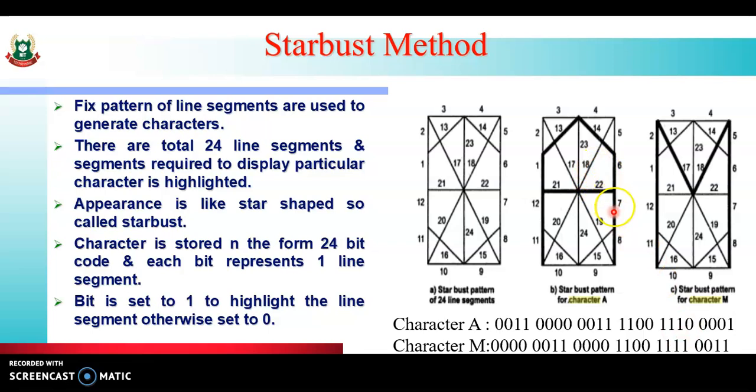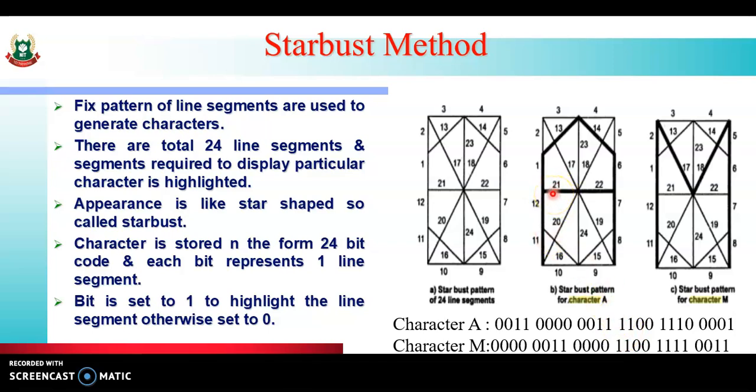Again line numbers 7 and 8 are highlighted. Then 9 and 10 are not highlighted, meaning these are 0. Again 11 and 12 are highlighted, meaning these are 1, 1.